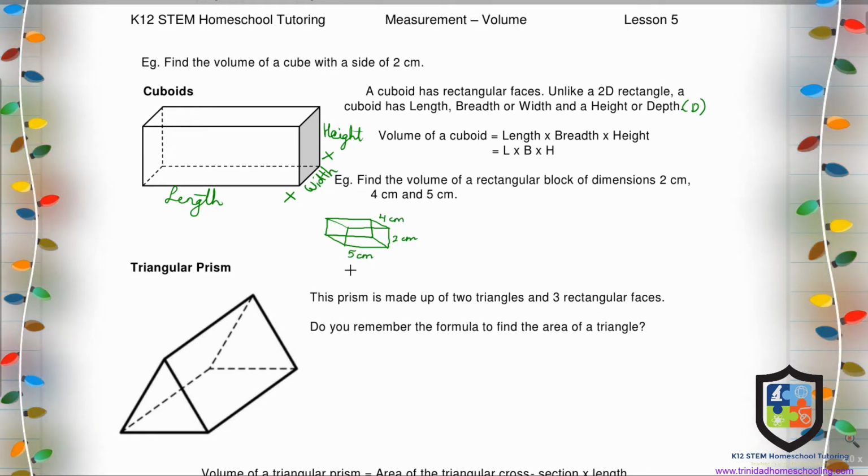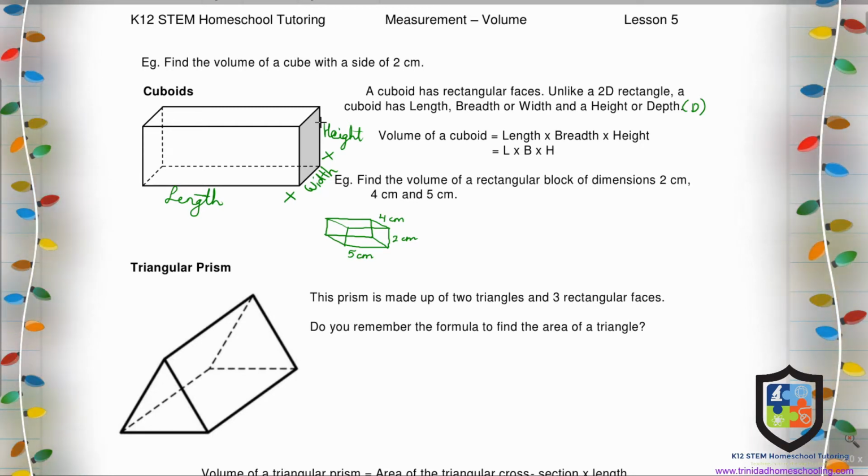Usually your longest length tends to be the length, and the shorter one tends to be the width or the height. But if it didn't specifically tell you which one is which, we just know that we need to multiply these three lengths. Again, write your formula,